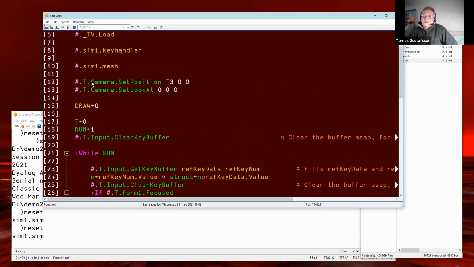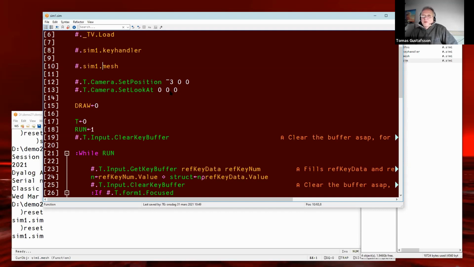I created a camera earlier. I will put it at position X is -3. Imagine that's behind your back. If you look at Russia, you look eastward. And the elevation is 0, so it's at your feet at ground level, and it's neither to your left or to your right side.